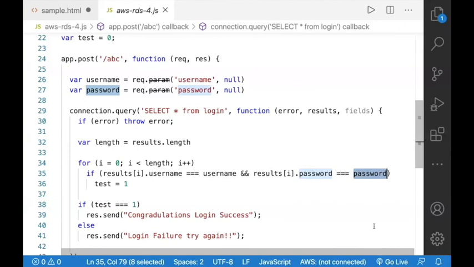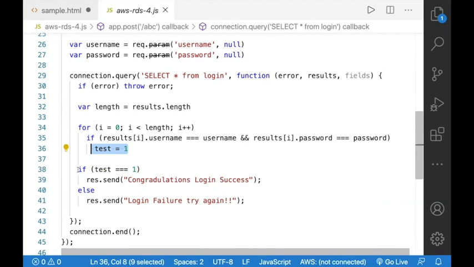If the username and password are correct and match the database entry, I set a temporary variable test equal to 1. So test equal to 1 will be set only when there is a match between the database entry and the credentials supplied by the user. At the end of the program, I check whether the database entry matches the supplied information. If so, I'm simply writing congratulations, login success. Otherwise, I'm writing a failure message.